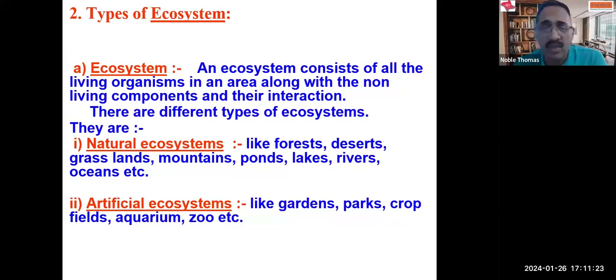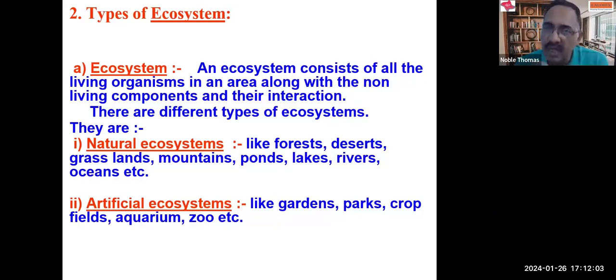Artificial ecosystems can be developed, but unfortunately it is very difficult to maintain a balance in nature, because they are artificial ecosystems like gardens, parks, crop fields, these kinds of things. There is something or the other missing. For example, in gardens, we keep on adding fertilizers, manures. We put a lot of material into the garden, and sometimes from the garden we collect back many materials, maybe flowers, or for keeping the garden clean, we remove the dead leaves. Again, we are taking out material from there.